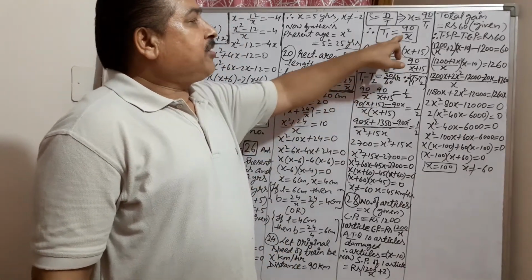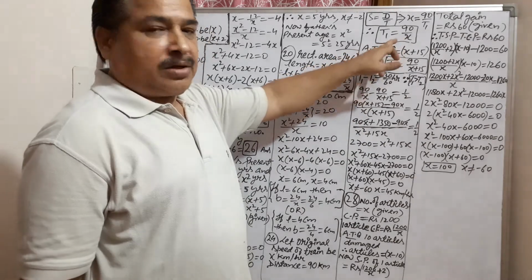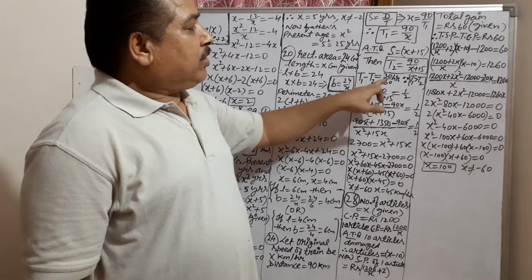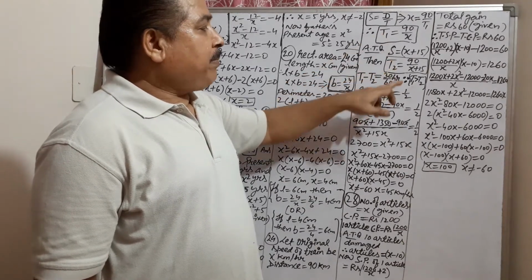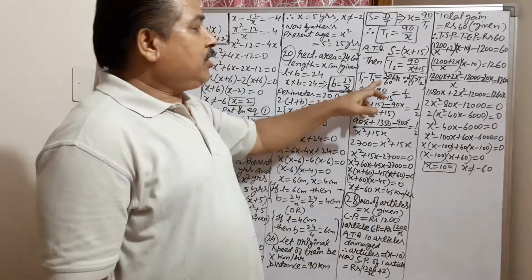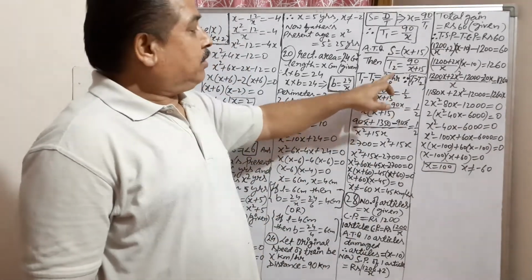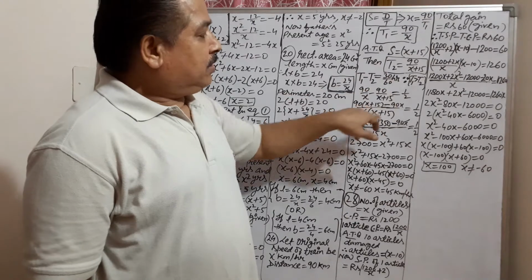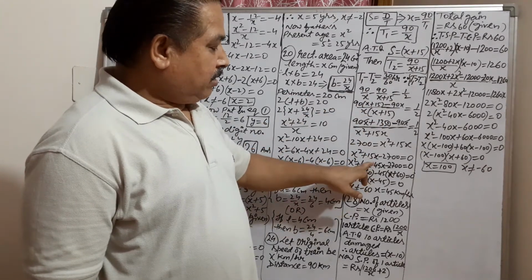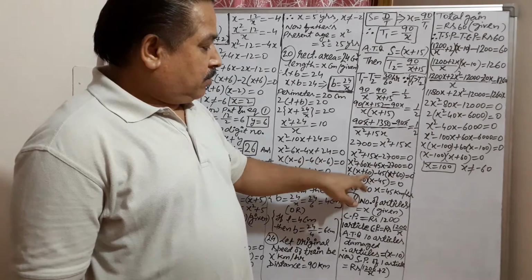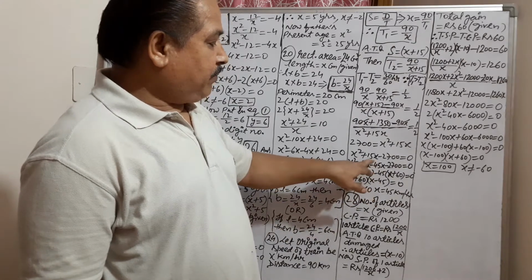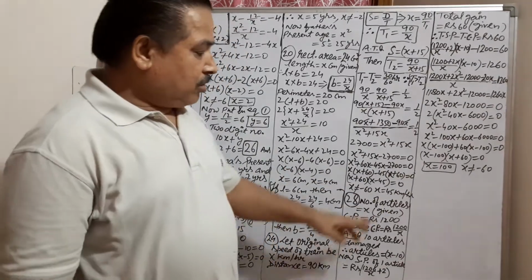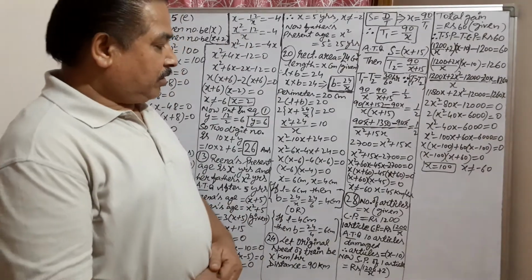Now which time will be more? This time will be more because there is less speed. So T1 minus T2 equals 30 minutes, because the gap between the two timings is given as 30 minutes. So 30 minutes will be changed into hours: 30 by 60. Put the values of T1 and T2 here. Take LCM. Again a quadratic equation is here. Break the middle term: 60 minus 45, 15. Equating with 0, x is coming as 45 km per hour. So this is the usual speed of the train, original speed 45 km per hour.